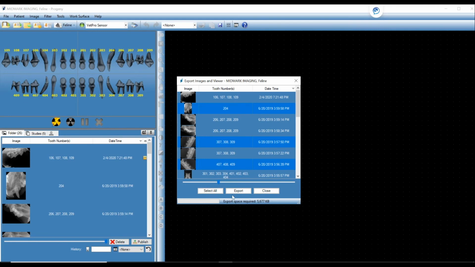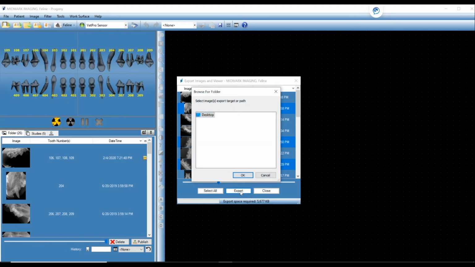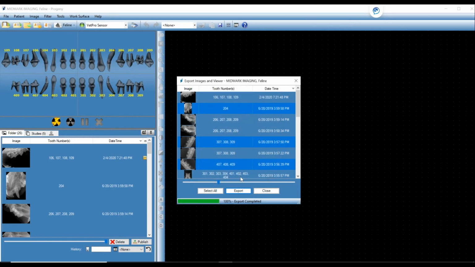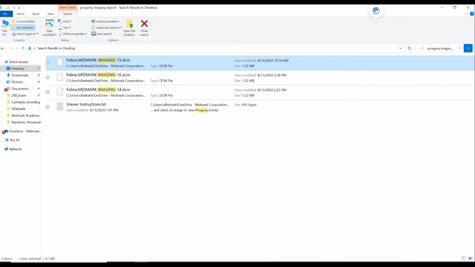Once you either select all or select multiple images, you will then select the Export button. Now you can decide where you would like this folder to be created. I'm going to choose the desktop. Then you will see 100% export completed, and you can click Close. Now you will go onto your desktop,